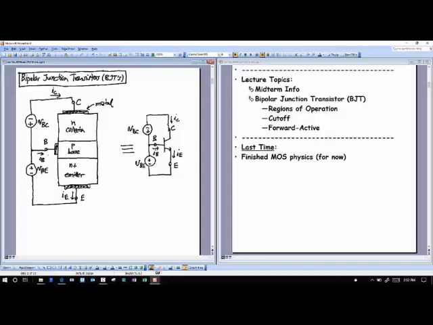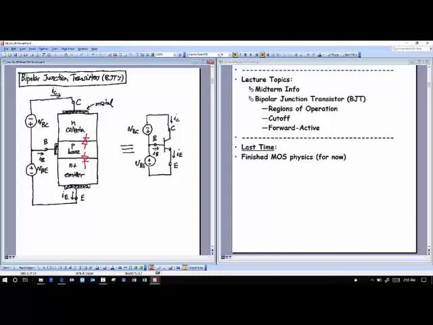Okay, and what you're noticing here is what I've mentioned already, but all these are back-to-back diodes. I'm really just putting diodes back-to-back, and if I do that, then I can identify my diode. See, there's the P, there's the N. There's one diode. And then on the other side, I got the P and N there. There's another diode. All right, they're back-to-back diodes, and because of that, I can call these diode junctions.